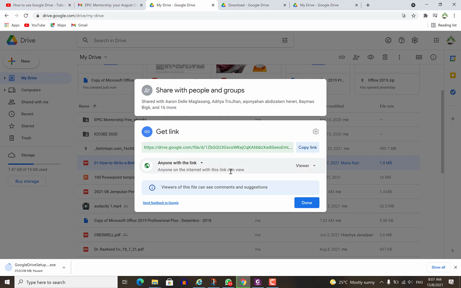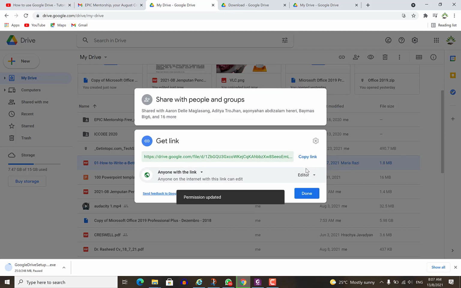But then you can control the access to this file for that particular viewer. Is it going to be just to view? He can only view, he cannot edit, he cannot do anything. You can set it at that. If you want more, you can click on this drop down and you can choose to make him a commenter. He can view and he can put in his comments, but he cannot edit. And you can select editor if you want that particular person to be able to edit.